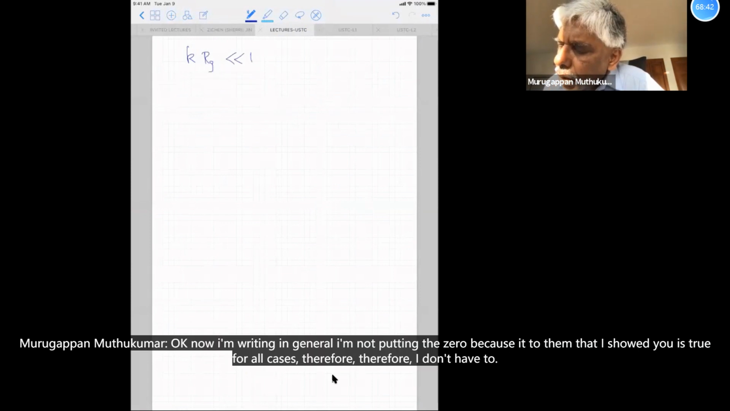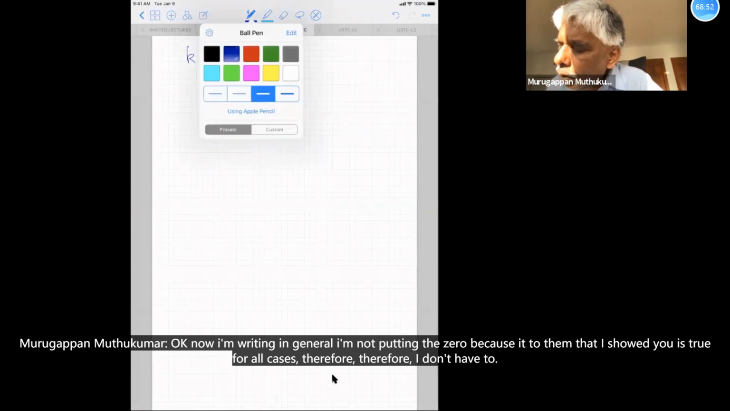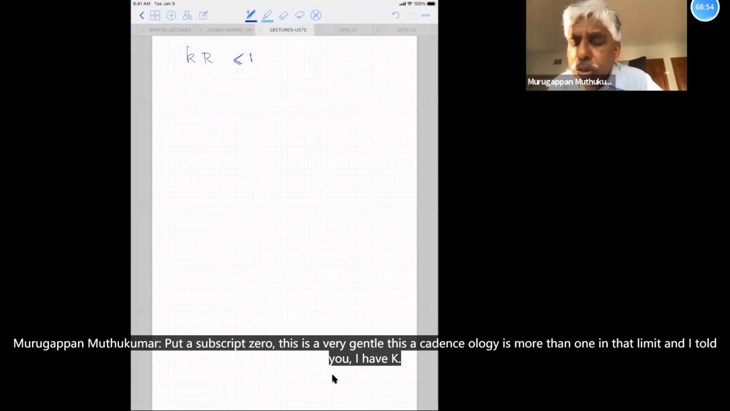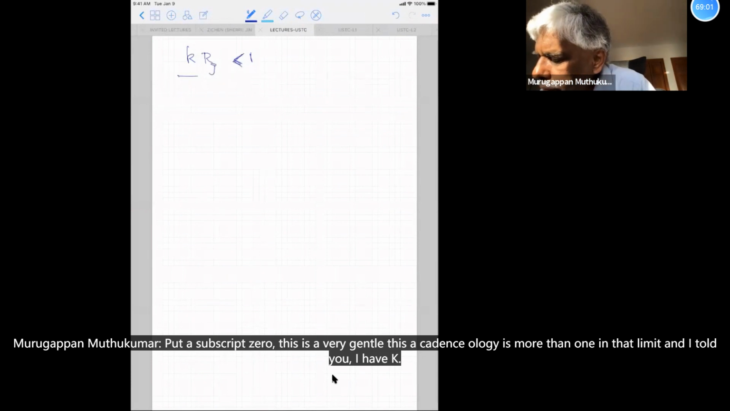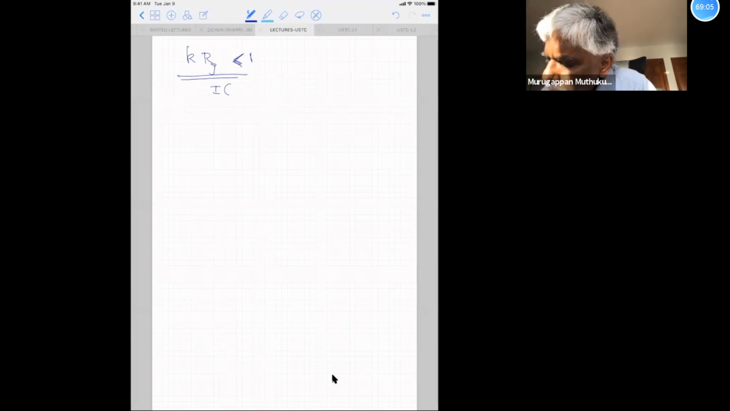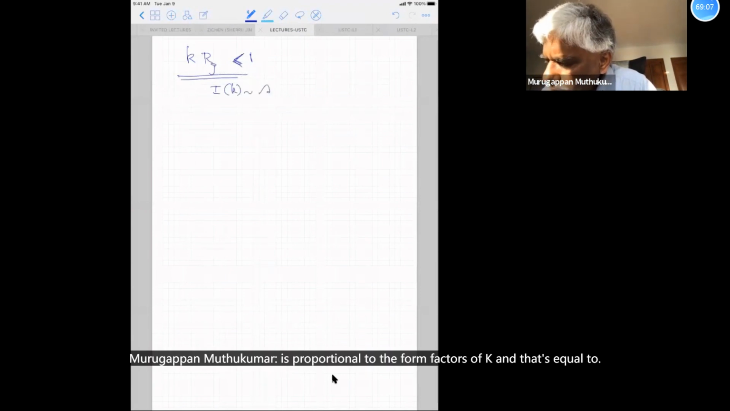Okay? Now I'm writing in general. I'm not putting the 0 because the theorem that I showed you is true for all cases. Therefore, I don't have to put a subscript 0. This is a very general result. k times Rg is smaller than 1. In that limit, and I told you I of k is proportional to the form factor S of k, and